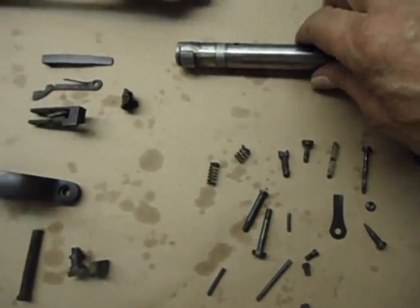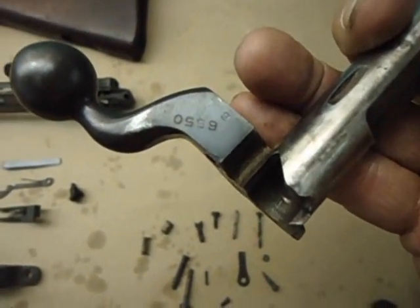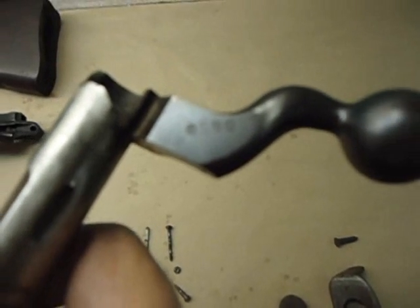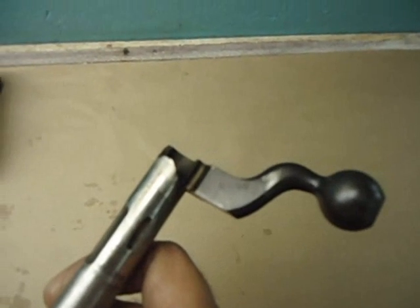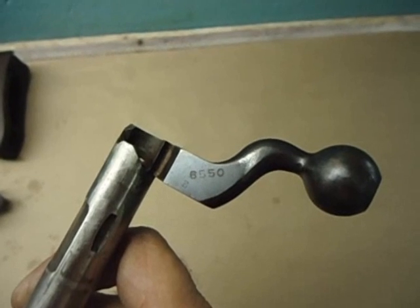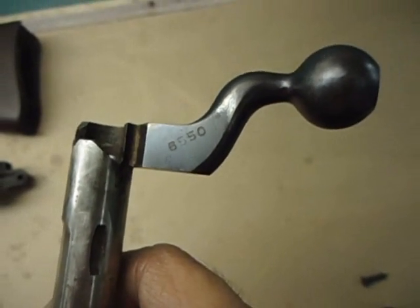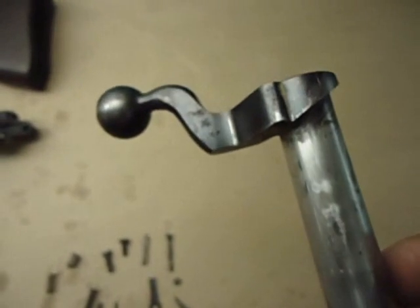We've got the bolt here, which I think I mentioned earlier is not the matching bolt, it's not the bolt that this weapon came with. This bolt is numbered 65, a little cooperation here from our friend. It's marked 6550. Now it's an Eddystone, at least. We can see the E there for Eddystone, but the number's not right. So we're going to talk about the headspace on this one in a little bit. But other than the mismatched number,